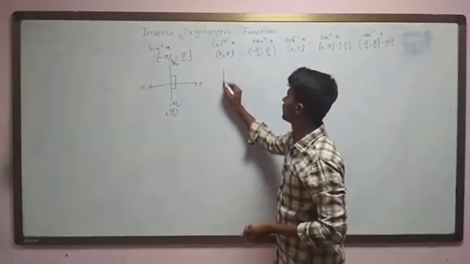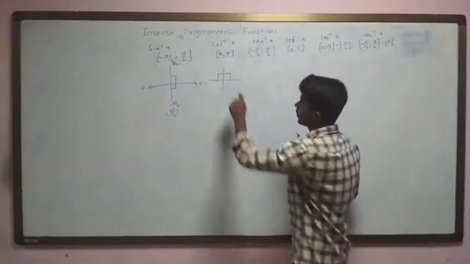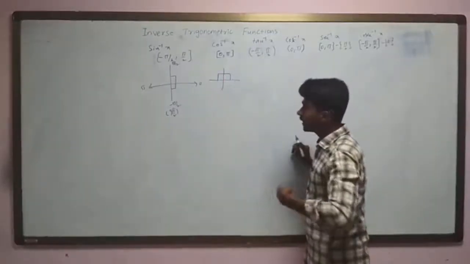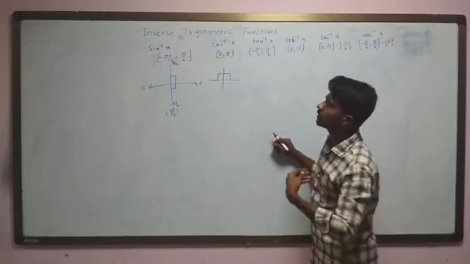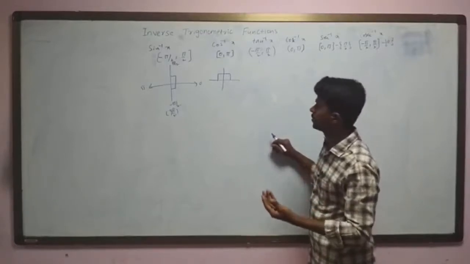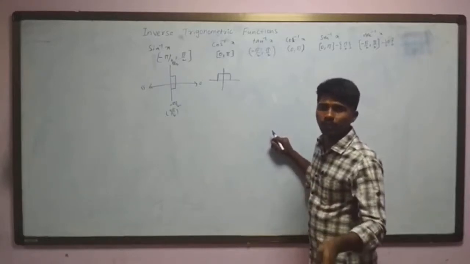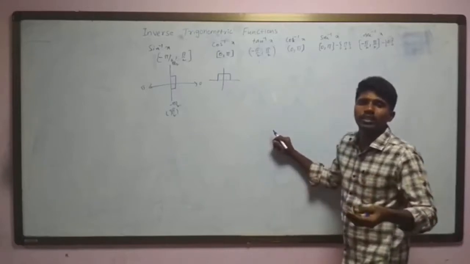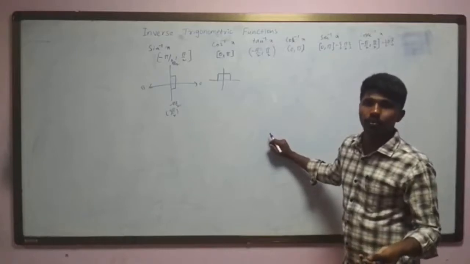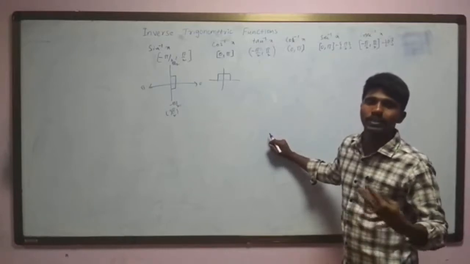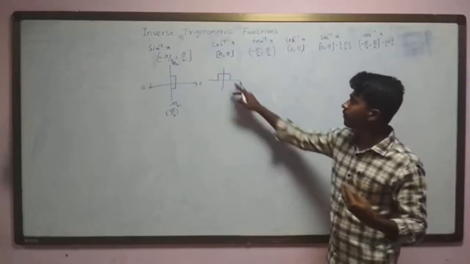If I take cos inverse, it lies in between 0 and pi, meaning completely between the first quadrant and second quadrant. So if I get values beyond the first and second quadrant, we must convert them so that they lie in between the first and second quadrant. We have to get its range lying in between 0 to pi only. We are not supposed to get more than pi, such as an answer of 300 degrees, 5 pi by 6, 5 pi by 3. If I get 5 pi by 3, I have to convert it to lie in between 0 to pi.